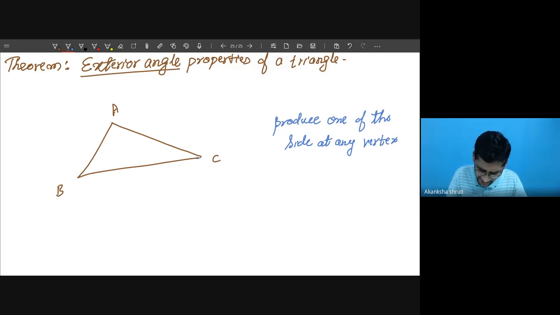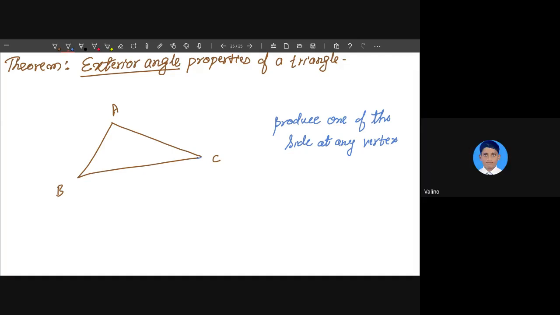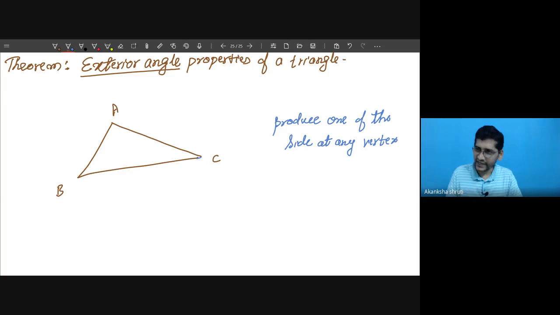Yes, tell me which vertex I shall take. Say any one, whichever you say, I will show you there. Angle A. Okay, many people are saying A, so I will extend at A and make it. So at vertex A we have two sides, either this side BA or AB, it is this side. Okay, so I can extend this in this manner. Okay student, so we may write this point as D.